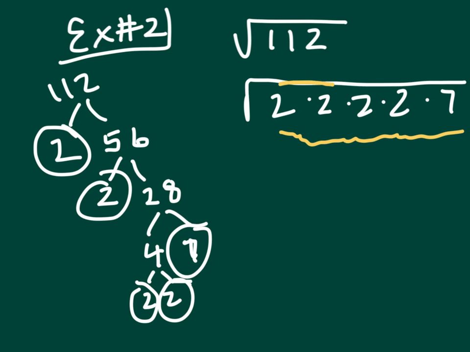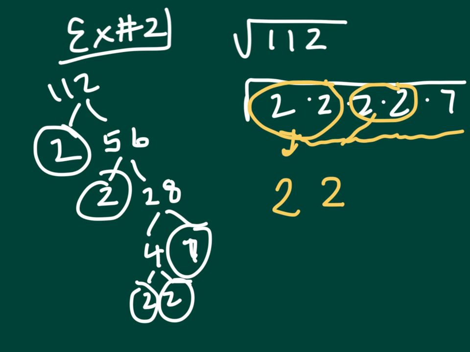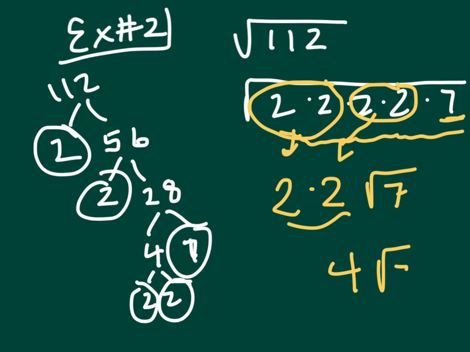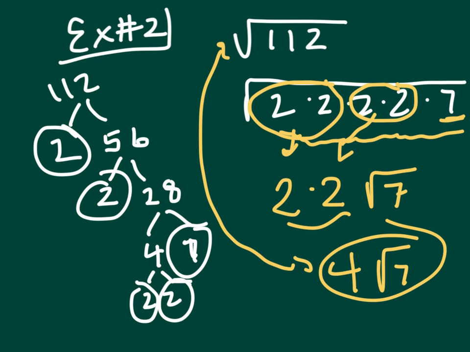Hopefully you got it. These guys are partners. They come outside, but notice when they come outside, they just become a 2. Why? Because the square root of 4 is 2. Well, here's another 4. The square root of 4 is 2. They come outside. And then this 7, oh, he's lonely. He can't come out of jail. He stays. So 2 times 2 is 4. 4 times the square root of 7 is the final answer. Simplified square root. These two have the same decimal answer, but this is often easier to work with in some math problems.